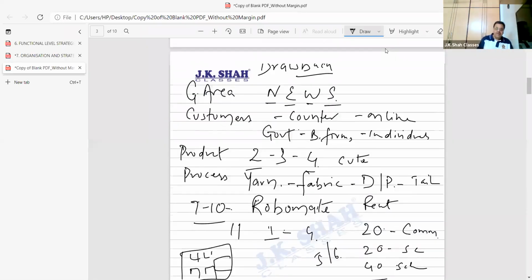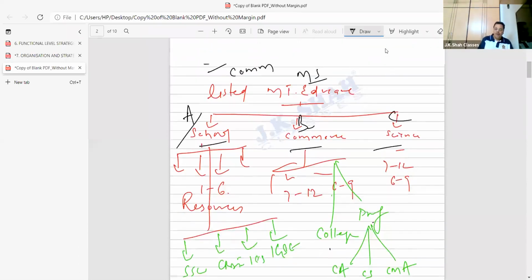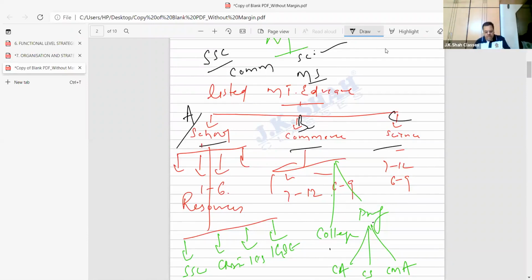Then I said, when I said heads, what did I mean? The owner of the class delegated the power to ABC. Now, bacha, ABC will delegate the work to whom? Come on. DEF, GHJ. That means there are so many heads. Any decision to be taken needs permission from your boss. And that boss will have another boss whom he should consult. That boss will have another boss. There was a lot of hierarchy. Decision making becomes slow, and bacha, the work gets affected.